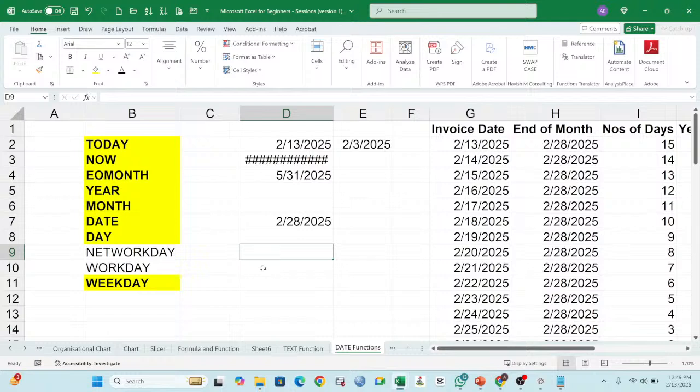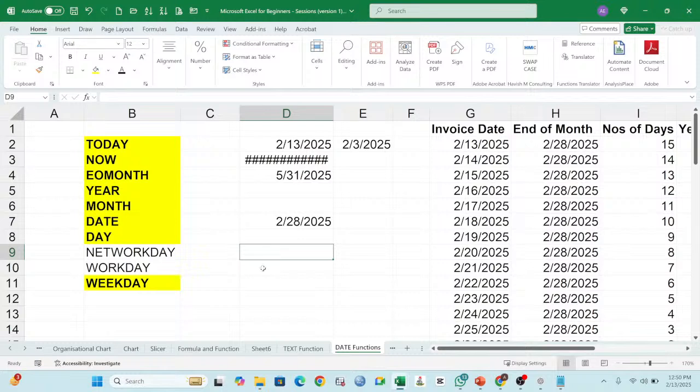That is the net of the work day. It means a date range that excludes some days, maybe some holidays, maybe weekends,